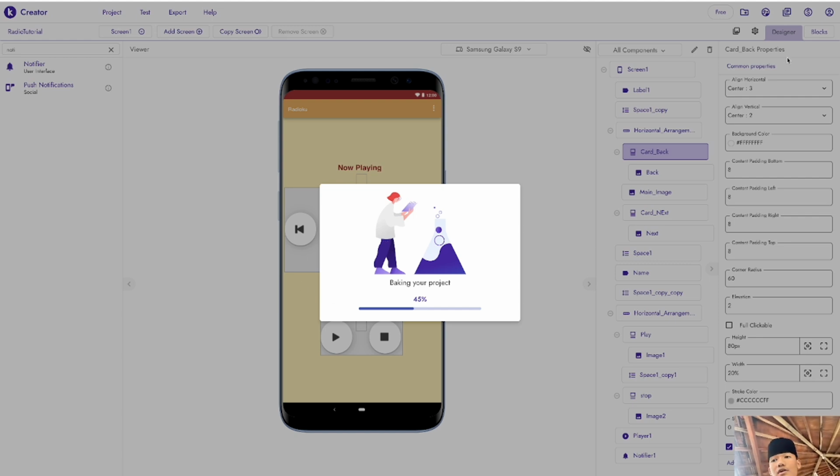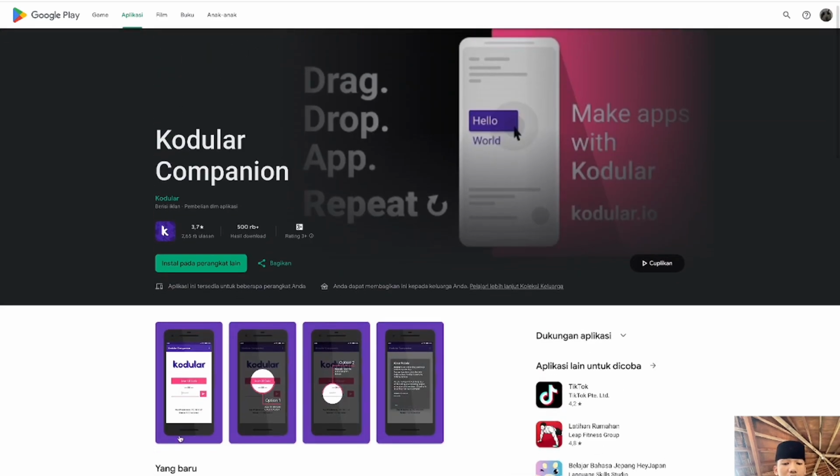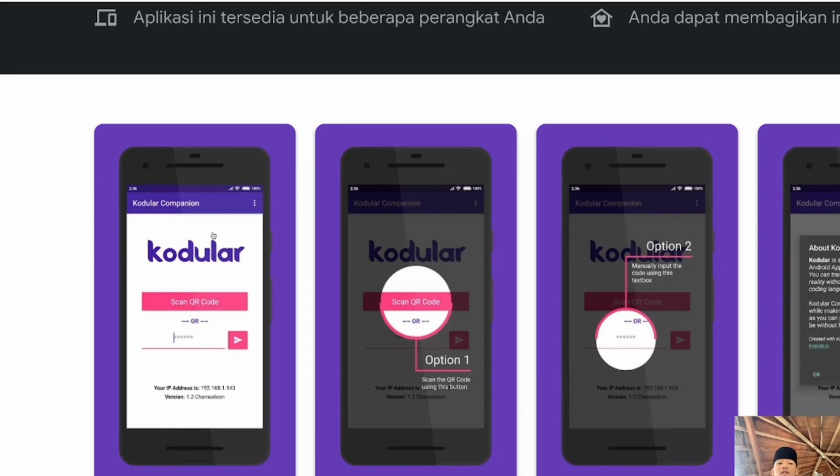So I will explain about Codeler Companion here, if you didn't understand. The only preview that Codeler Companion has is this, and you have two options to start. The first option is to scan the QR code using this button to preview your project.